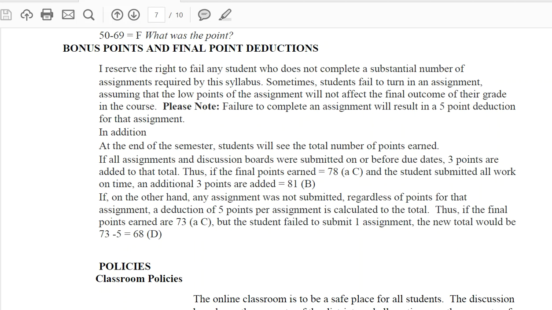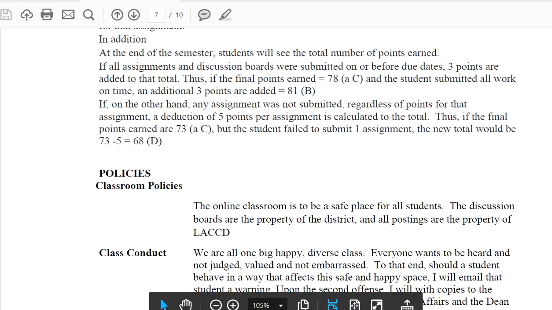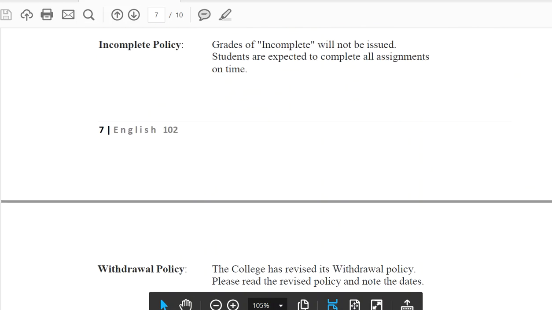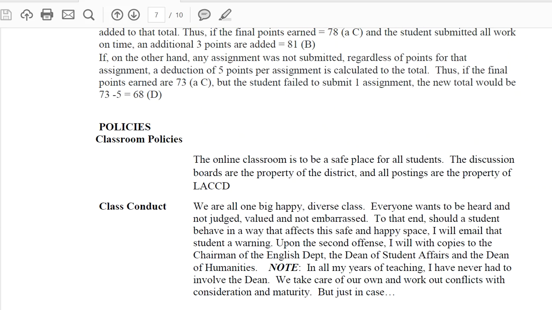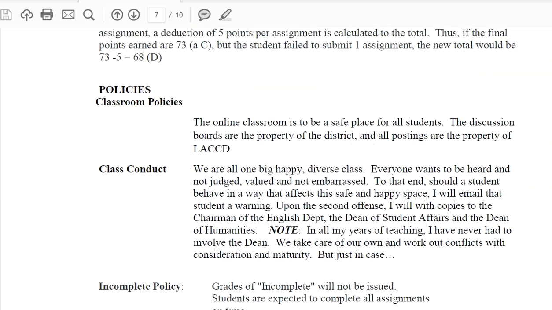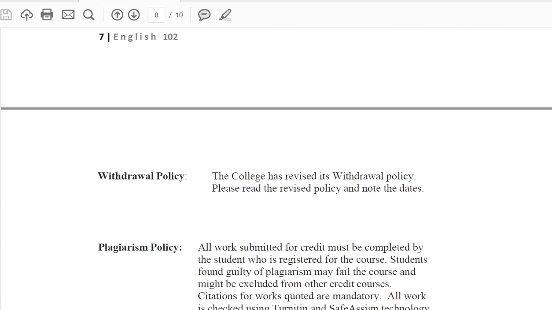And at the end of the semester, here's the good news. If you have submitted all of the work and tried everything in the course, which is a buffet, I realize, tried everything, you get 3 points added on to your final grade. You can read this and look this over. And if you've missed something, then you lose 5 points from your score per assignment. Anything's better than a 0. I've said it my whole life.